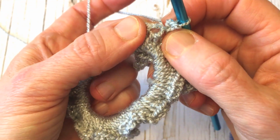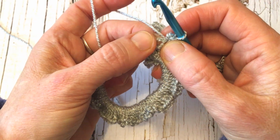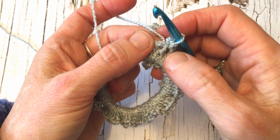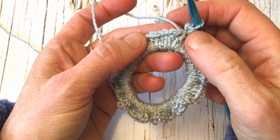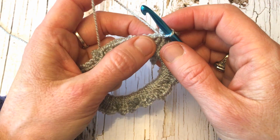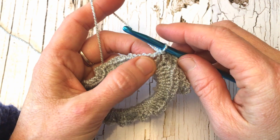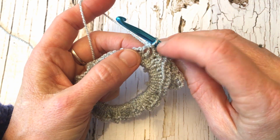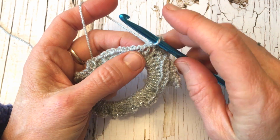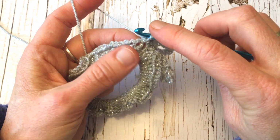Now in the next stitch we're going to do 3 slip stitches, and I kind of experimented with doing 2 2 2 2 all around, and I experimented with doing 3 3 3 all around, and one was not enough and the other one was too many loops. So what kind of came out to be the Goldilocks version was you alternate doing 2 3 2 3 2 3 2 3. So in this next stitch we'll do a total of 3 slip stitches in there,